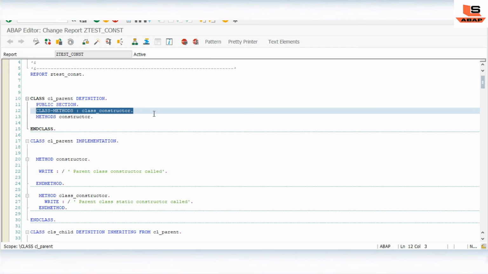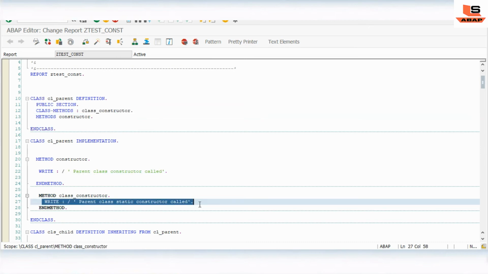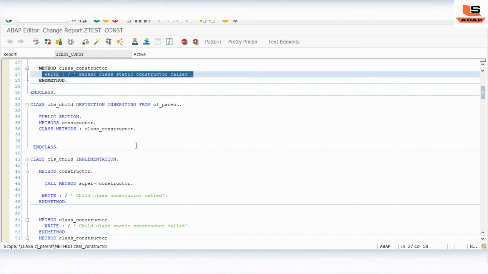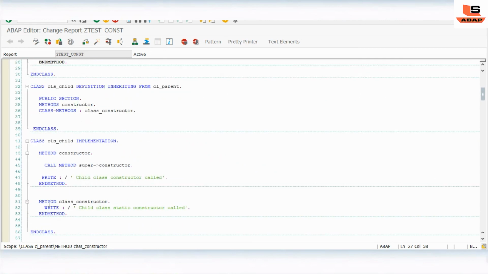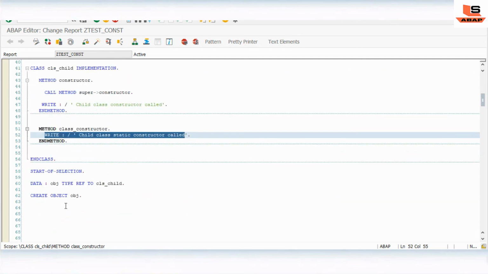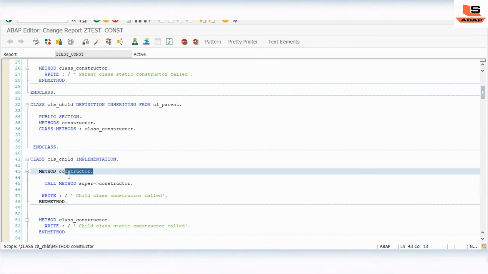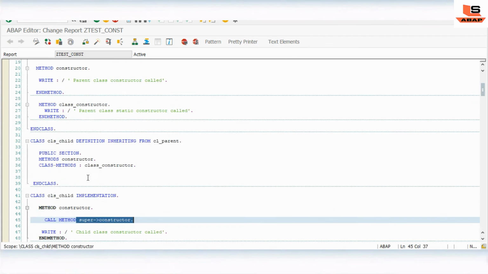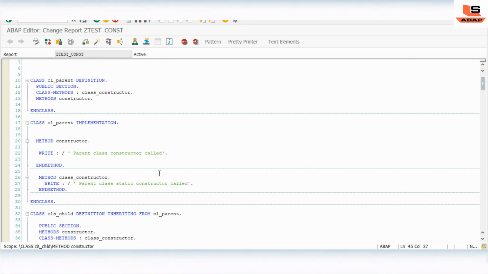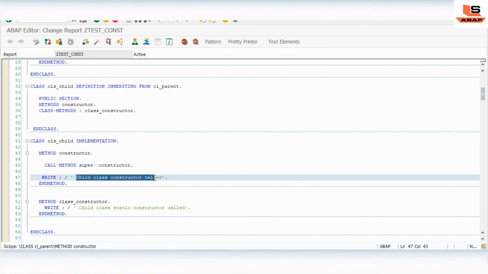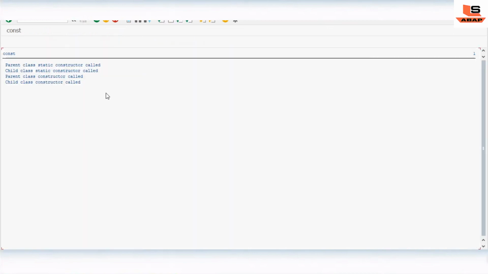Here we have a parent constructor available, so it first executes the static constructor of the parent class, then the static constructor of the child class. After that, since we have created the object, it goes to this constructor method, and here we have the super constructor, so it goes up to the parent class constructor, and then executes the child class. This is the sequence.